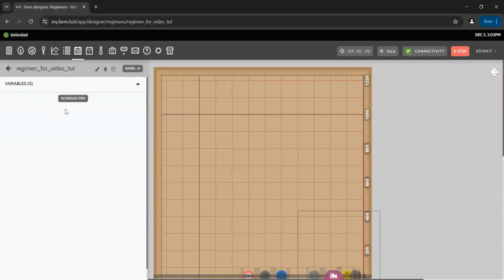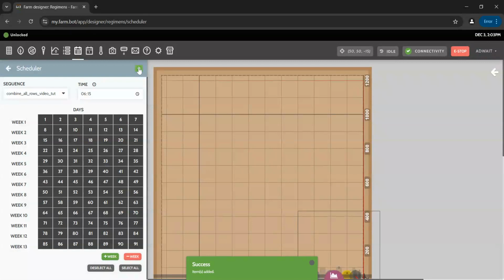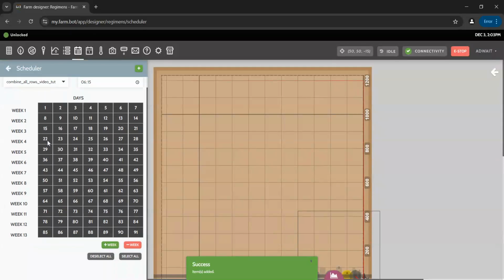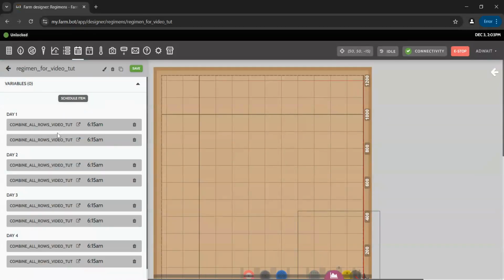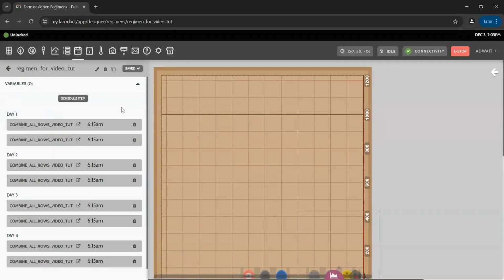And once you have successfully added and saved that, you will be able to see those in the calendar. So you can see that whatever you have added is going to be present. I accidentally added it 2 times, but if you just add it once, you can see that at day one the sequence that we had made will be saved for 6:15 a.m. And then you can hit save again, and then you have a regimen that's present that you can use to